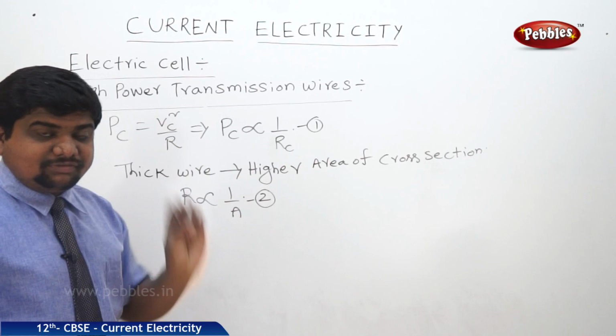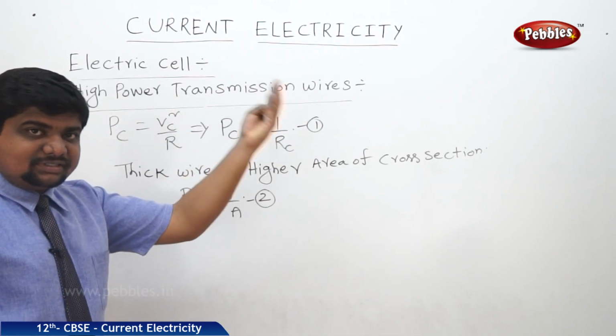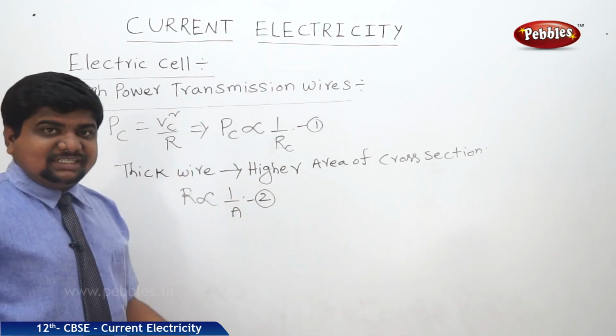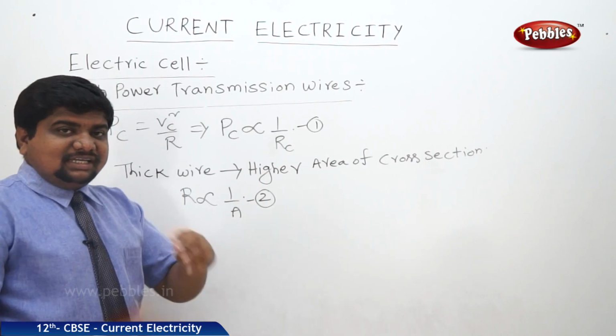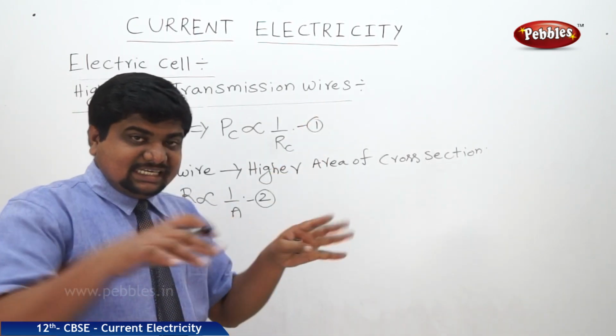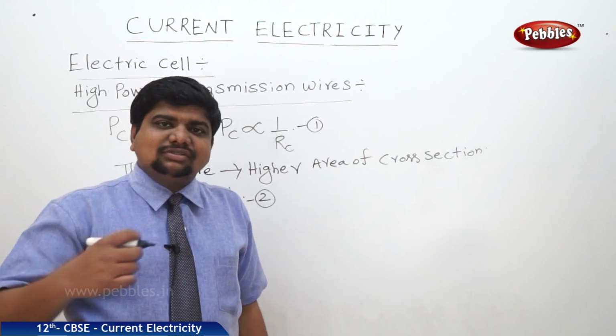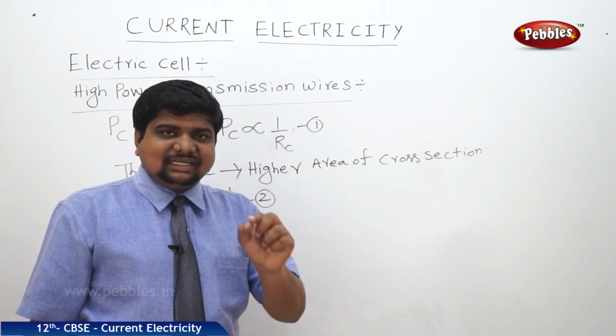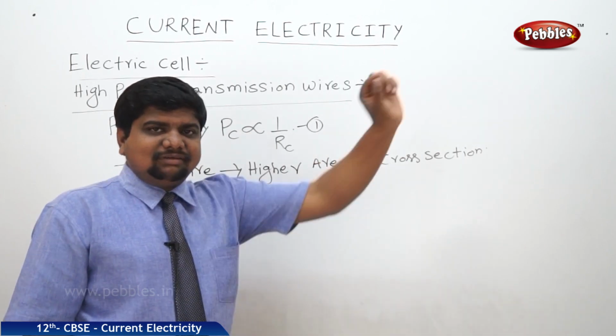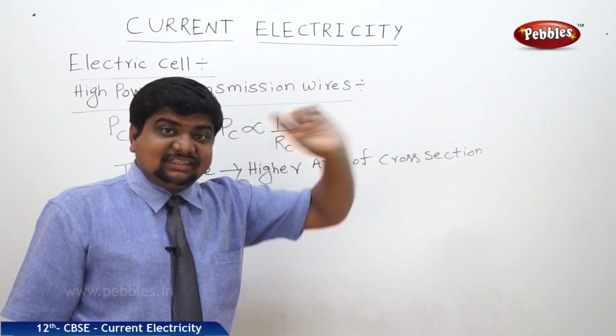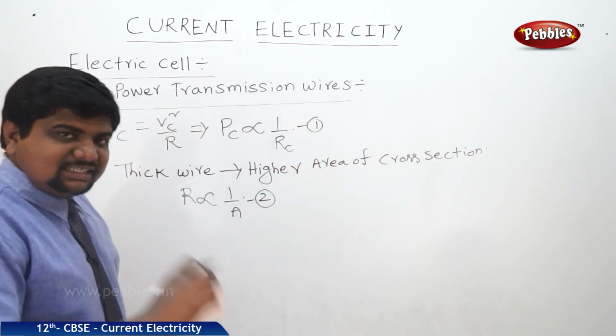We can see the service wires from power stations to the substations and the transformers. We can see the wires which are connected to the transformers in a junction point. They are very thick when compared to our house wiring connection. The house wiring connection wires are very thin, but the wires which are connected to the transformers are very thick. Now we will see what is the difference between them.